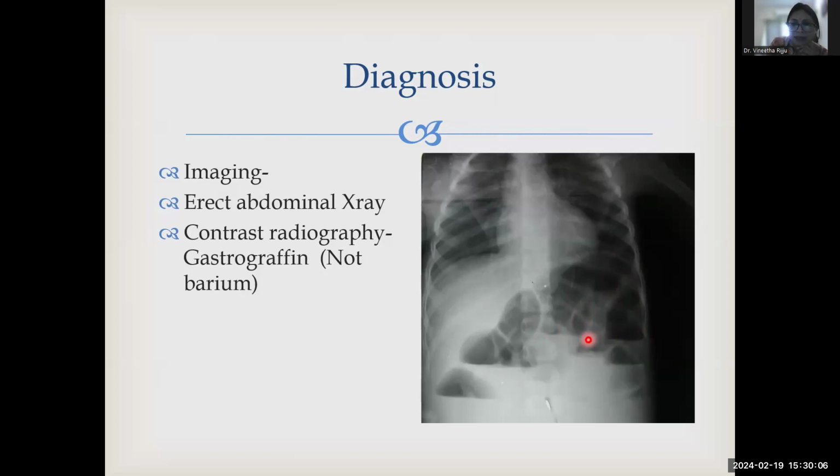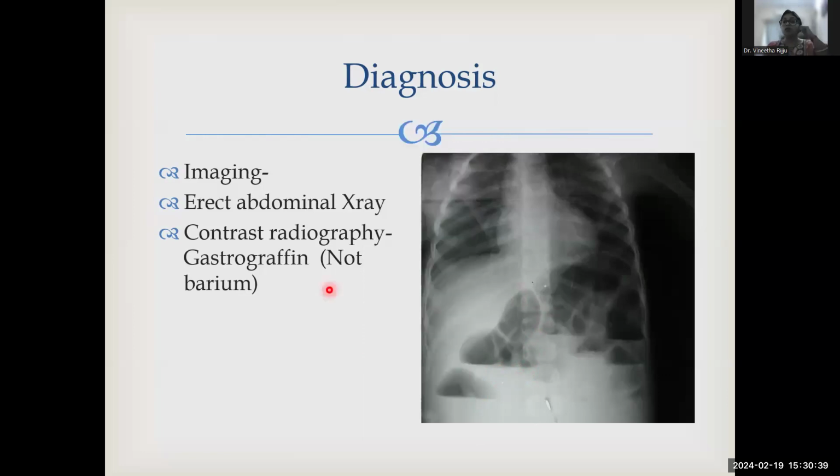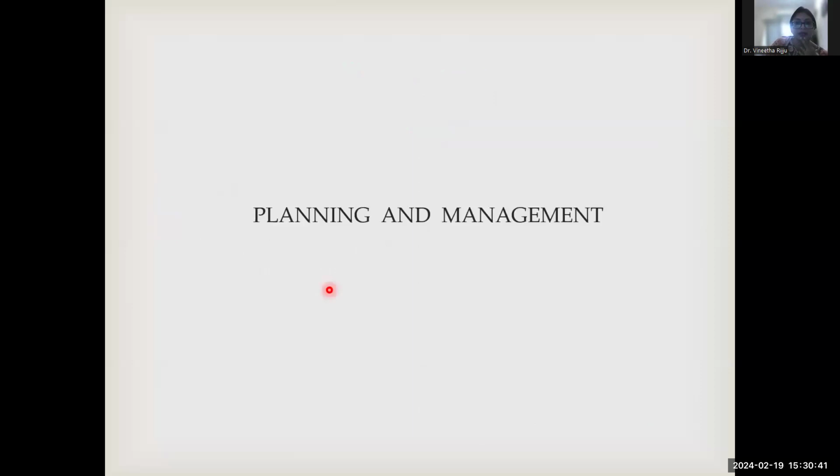And that's exactly the typical sign of a bowel obstruction. You can see as if a straight line is drawn. That is what we call the air above and the fluid below. The black is the air above, and below that line it is fluid. Okay, this is what we basically do to check if there is a bowel obstruction.